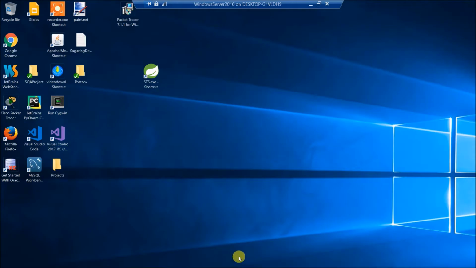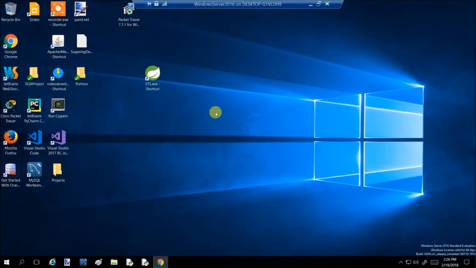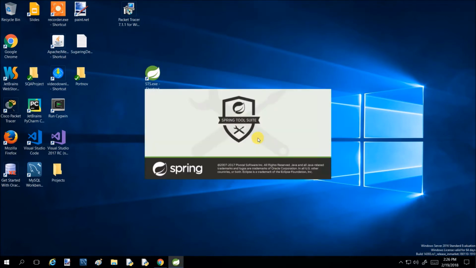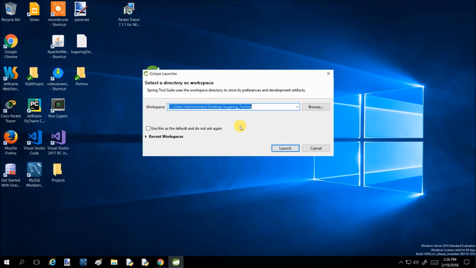So let's create our automation framework. We're going to use Spring STS as a text editor. So let's start Spring STS, hit run. And here we have to specify the location of the folder we want to create a project. It's going to be on a desktop, and the folder is going to be Sugaring Factory. If we hit launch,